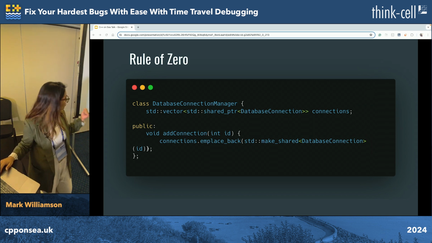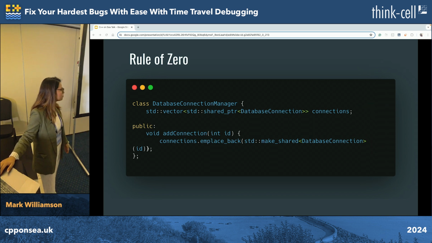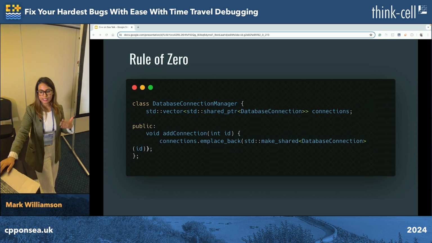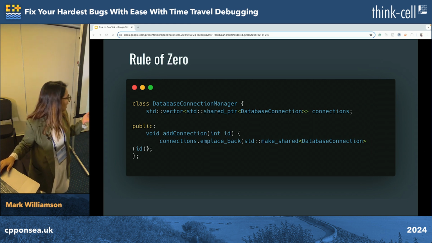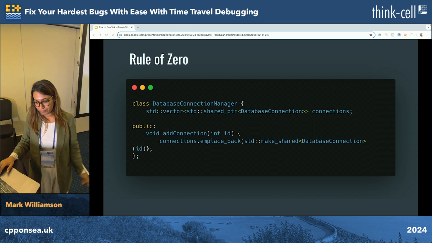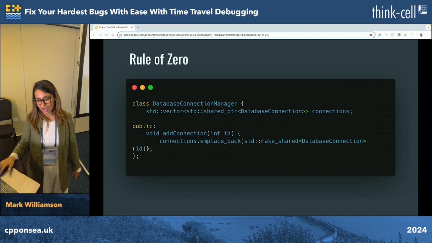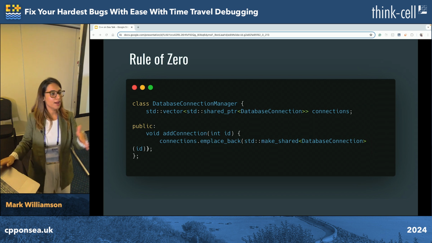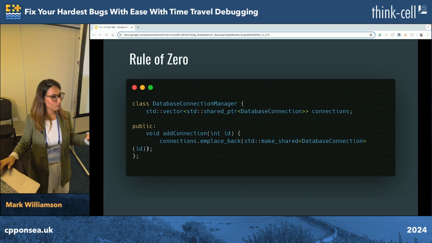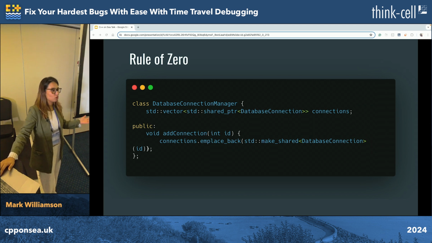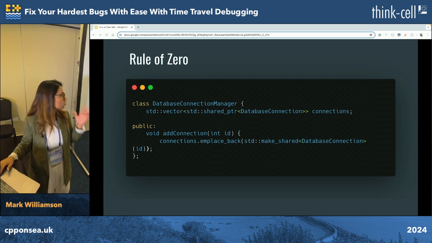The reason this rule specifically exists is that you can reduce the complexity of resource management. Repeatedly implementing special member functions may not be the best way to do it. Your code will be more maintainable and less prone to errors as well. The compiler generated special member functions that you have are sufficient and the resources are then managed automatically as well. To contradict this point later, we will also talk about some customized destructor strategies. But for the time being, this is what rule of 0 tries to help you understand.